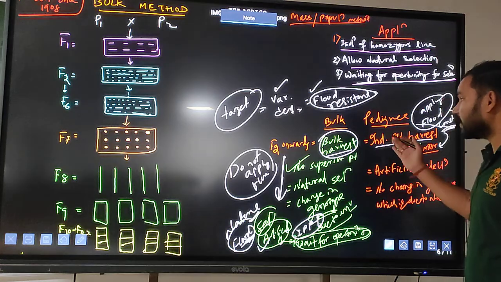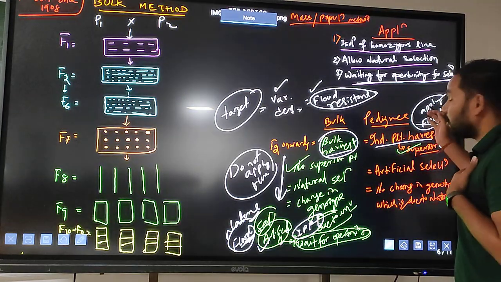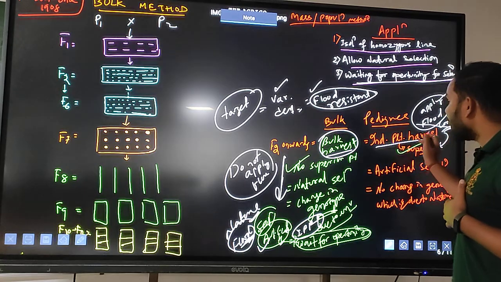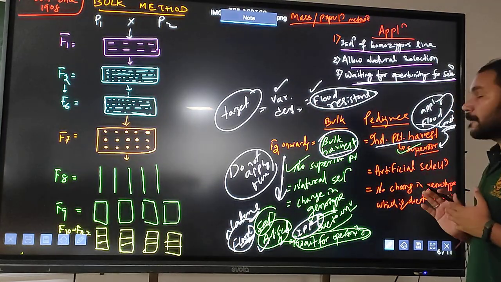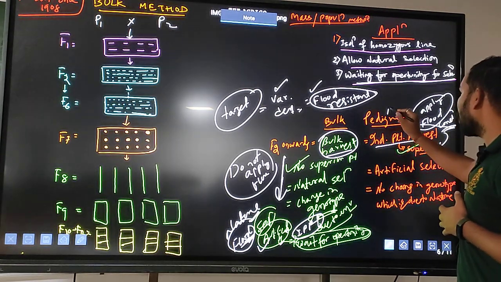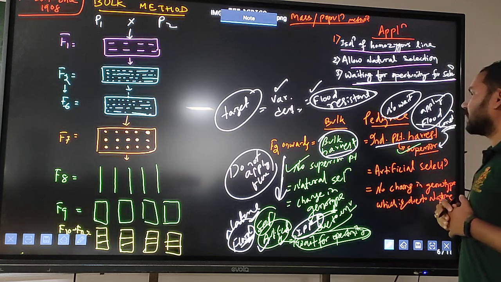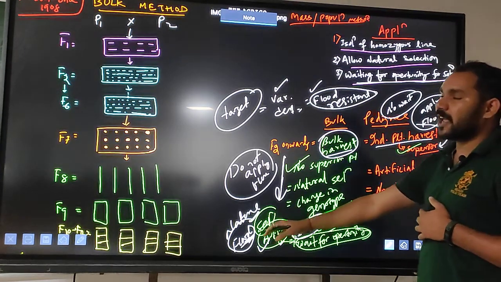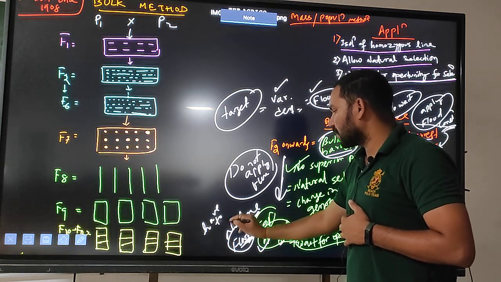But in case of the pedigree method, if flood is not there, then we have to provide the flood condition. Then go for the individual plant selection of superior plants. Then go for the pedigree method, individual plant harvest. Okay. So here there will be no wait. We cannot wait for natural calamities like flood. But here we have to wait.